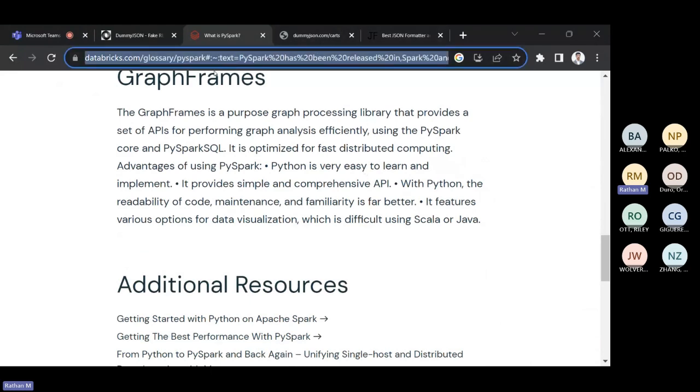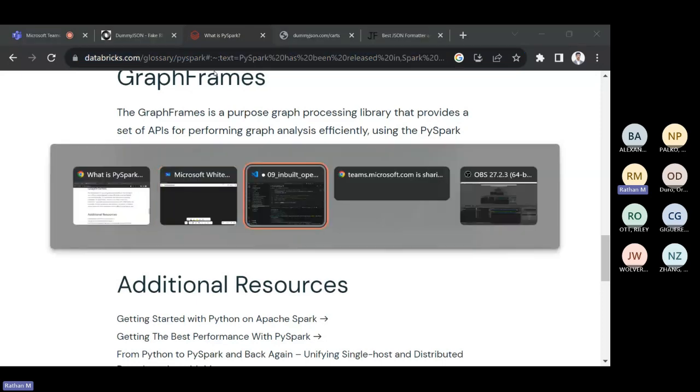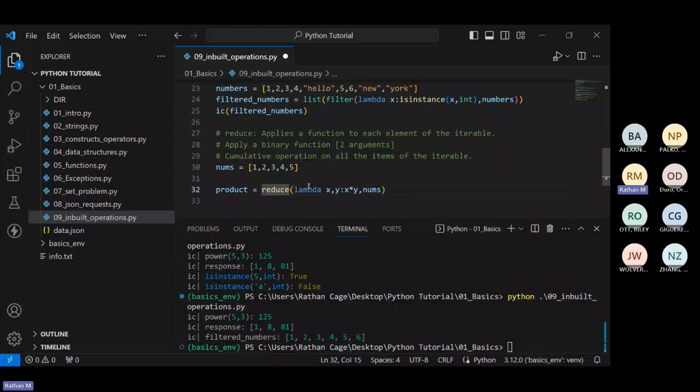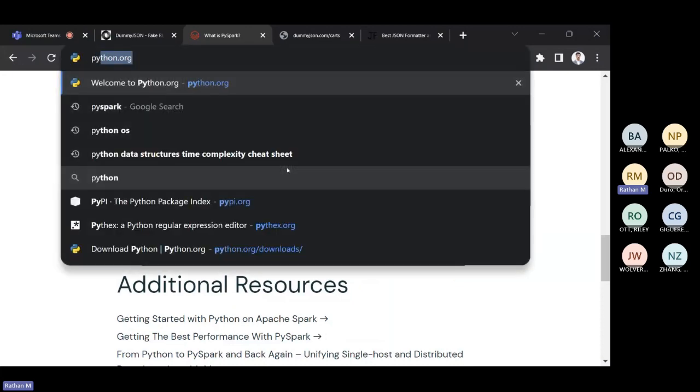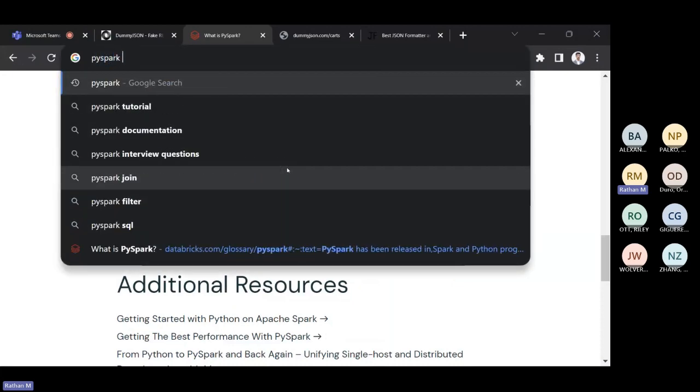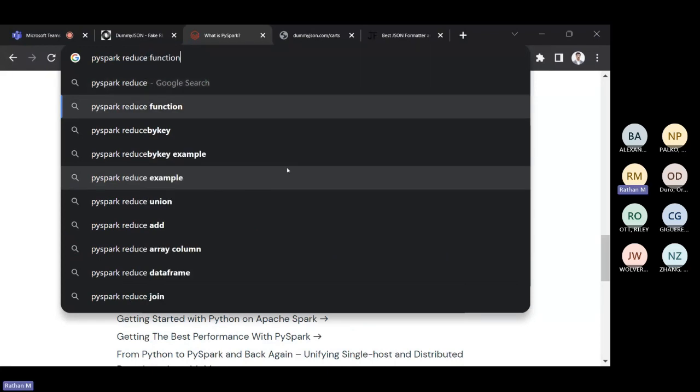For example, I'll just check this within a minute because I really don't want to spend too much time away from basics of Python. But I don't want you to think, okay, I'm learning reduce, but I have absolutely no clue where I'm going to use this. If it's just a small function with a very niche category, what's the purpose of me using it? That's where I want to make sure that such thought processes are removed. So if you take a look at PySpark reduce,